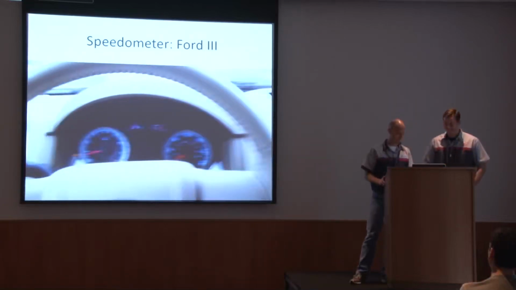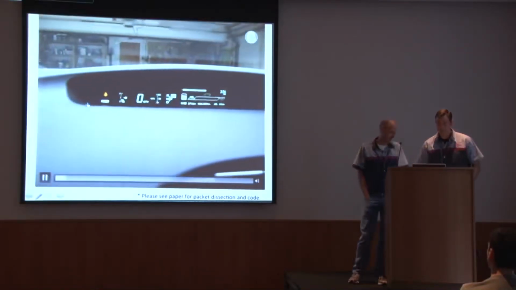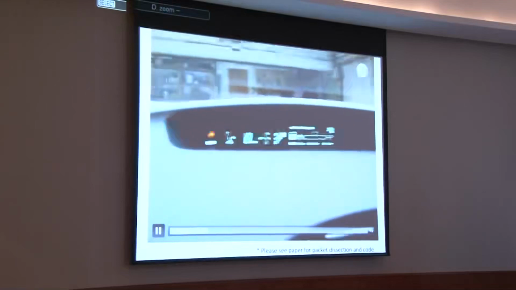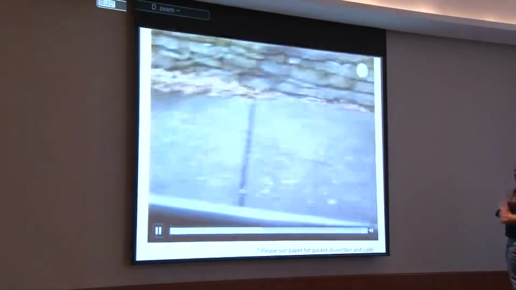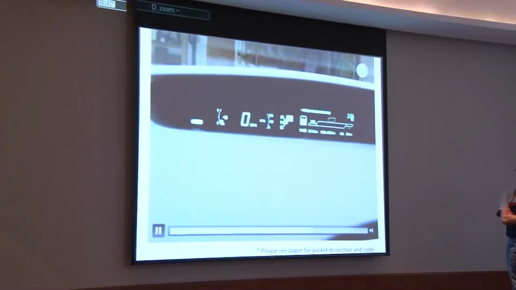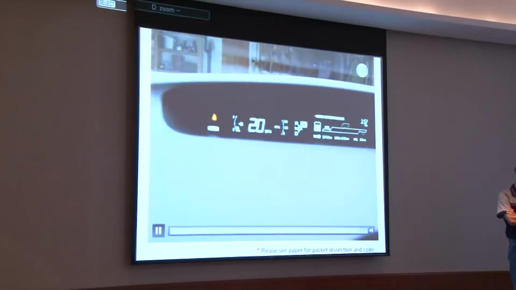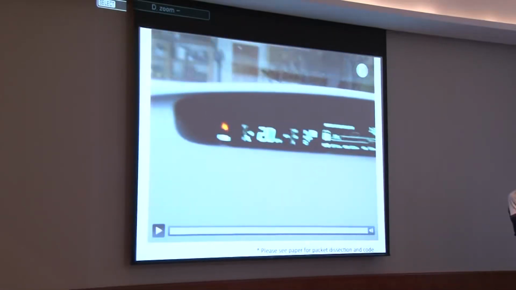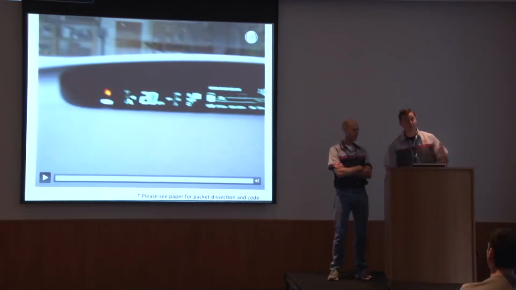And then here's the same thing on the Toyota. So for the Toyota, it's a different CAN ID, a different message, but it's the same idea. It's one message you play continuously. As you see, I'm sitting by my garage. I'm not moving at all. Yep, I'm definitely not moving. And then you can tell the car that it's going quite fast, 20 miles an hour, and you're not moving. So you can forge both these messages for the automobiles to trick the speedometer into thinking it's going any speed you want it to. And you'll see later why that's actually important for other types of things we wanted to do.